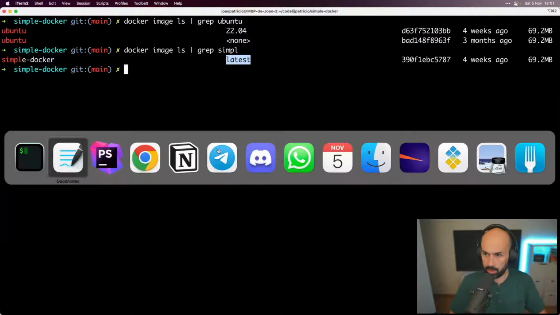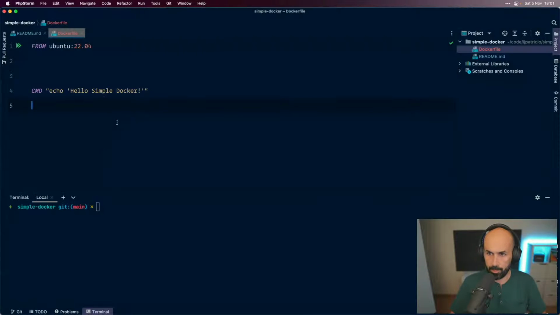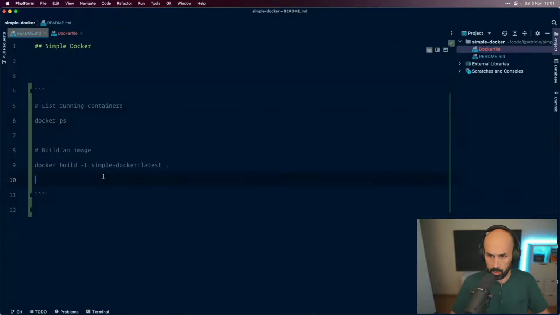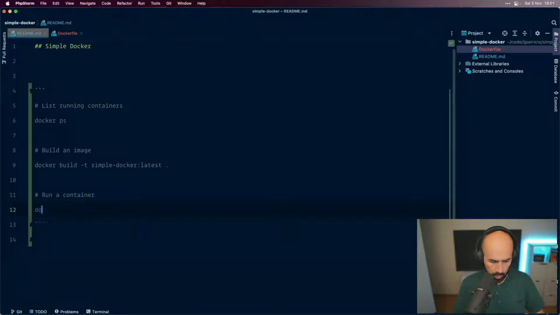And what are we going to do now? We are going to run it. So let's run a container and let's do docker run with the image name, right? So let's docker run simple-docker, and it has the tag latest.